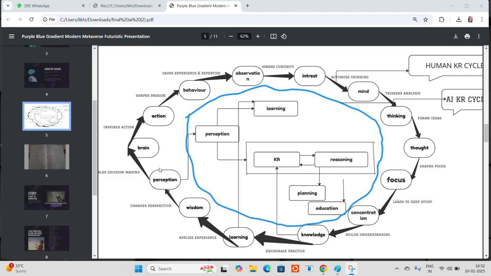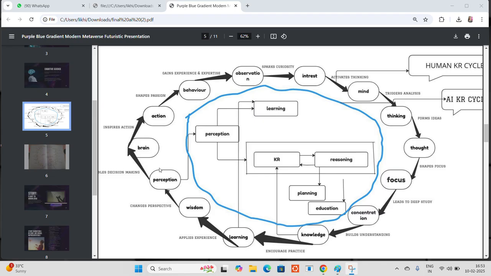Now, after perception, she stored that information and analyzed that information in her brain. So, this helped her to build a small drone. See, she has changed her perception and she kept all the things which she learned and analyzed in her brain. Now she built a small drone. This comes under an action. See, action shapes behavior.